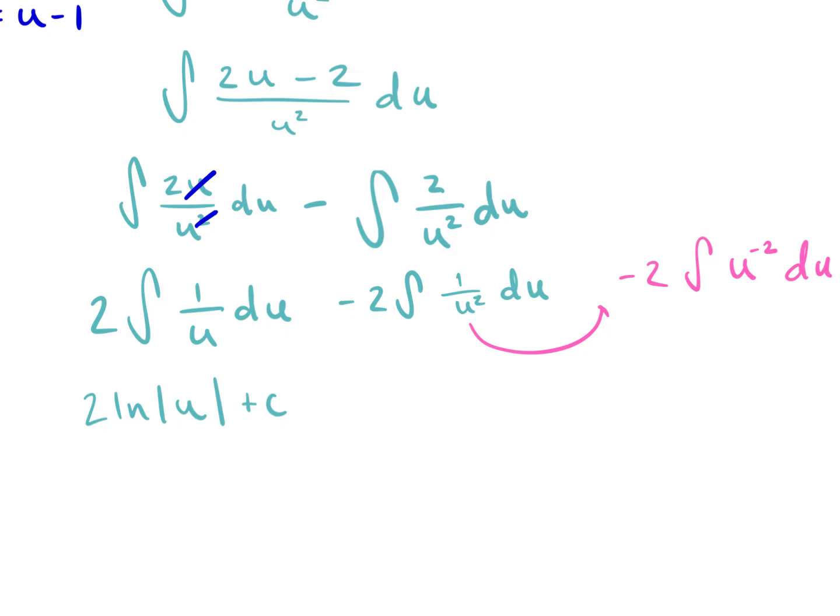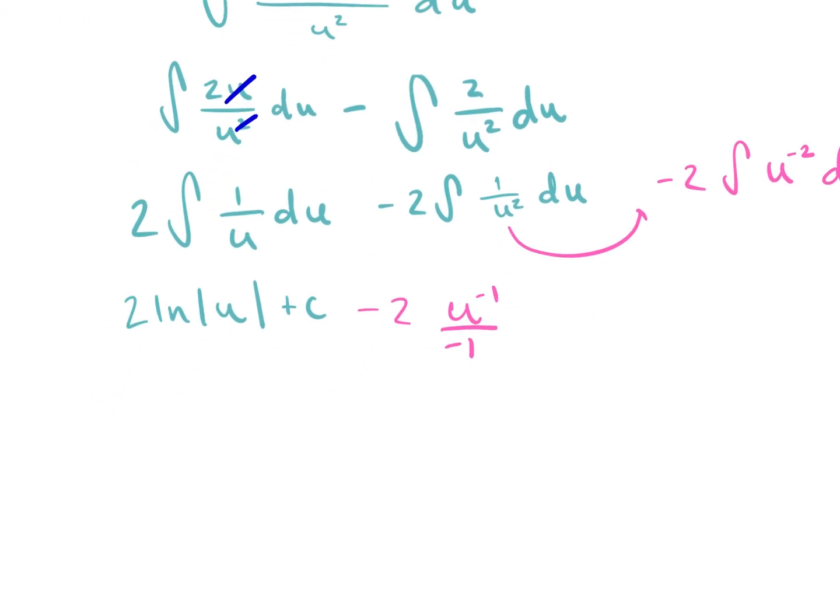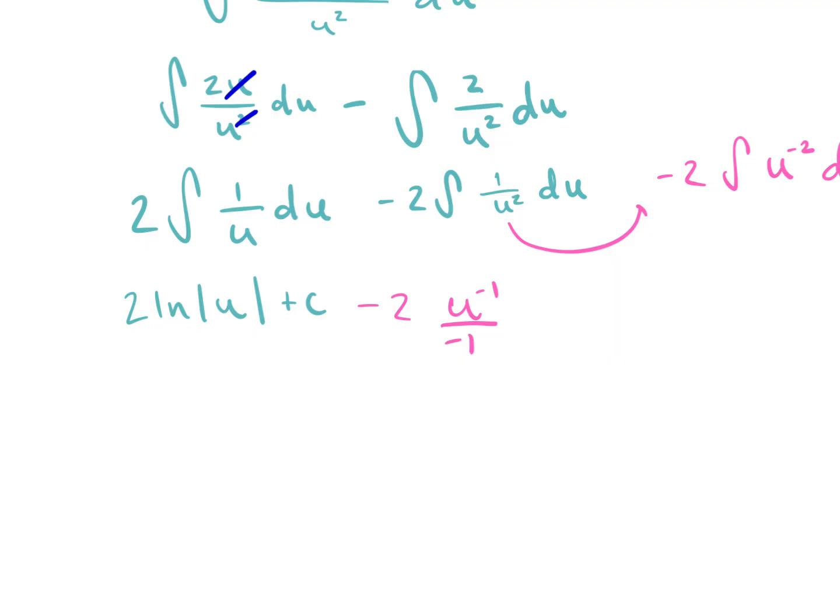Awesome. So when we add 1 to the exponent, we get u to the power of negative 1 divided by negative 1. So we can rewrite this a little bit better since we have that negative 2 being multiplied out front. -2 divided by -1 would turn into +2. So just to rewrite this whole thing, we've got 2 times the ln of the absolute value of u, then plus